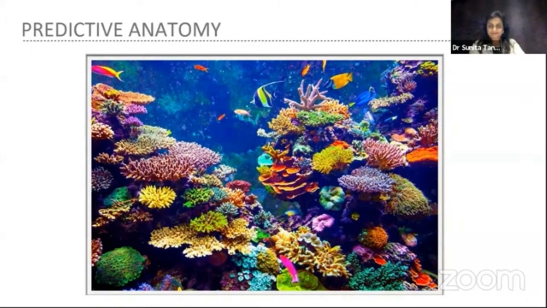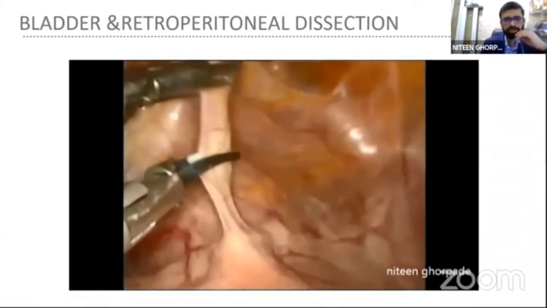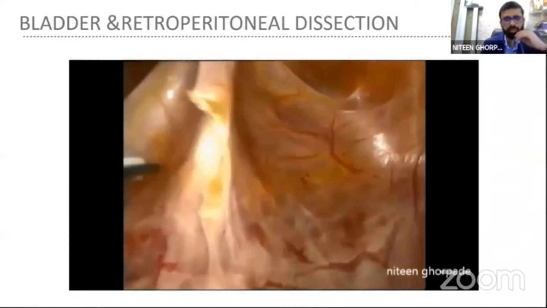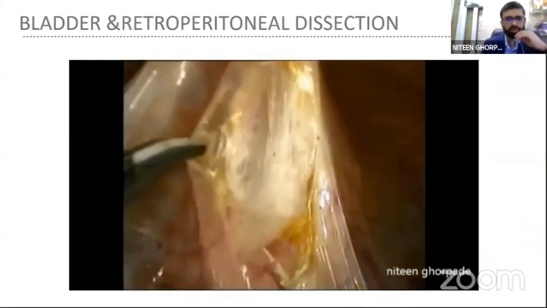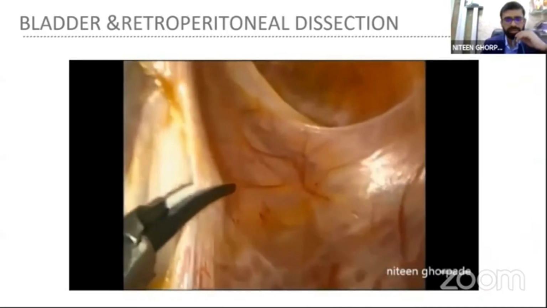Yes. Okay. So in this picture, we can clearly see crystal white water and fish swimming under it. The same principle we are going to use in our retroperitoneal dissection. So this is our first space, the uterovesical space. We are using harmonic, like the tip of a tailor.